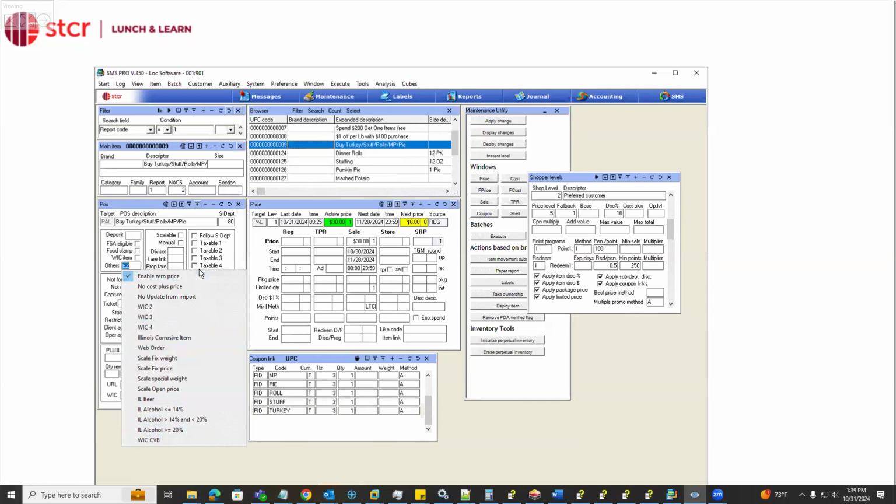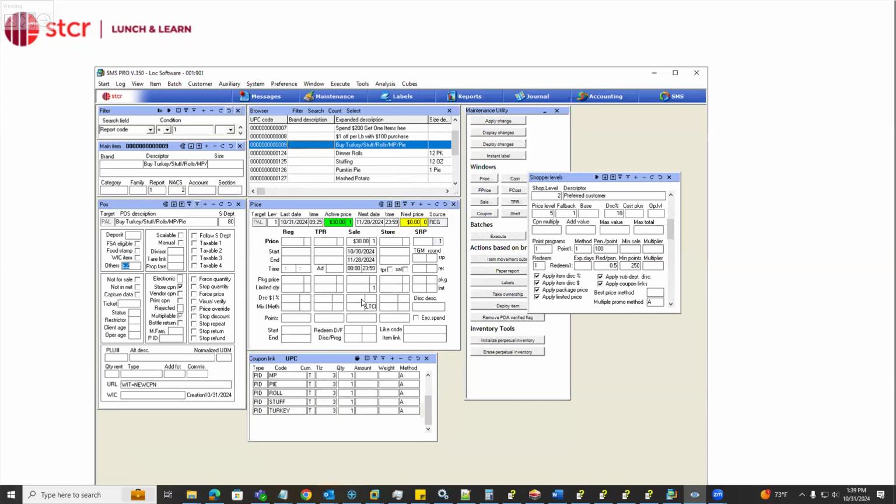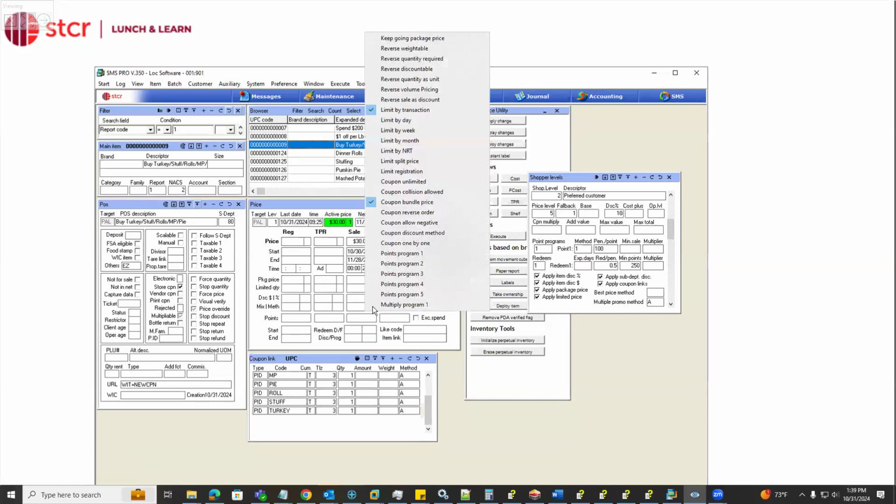This is a customizable field right here with the others drop down. So we do add and subtract things as necessary. So if you want to have something in there for flagging and you want to track something off that flagging, we could work with you on that. For the mix and match method, there are a lot of things under here